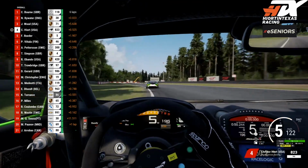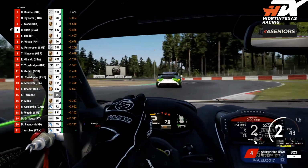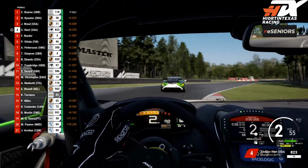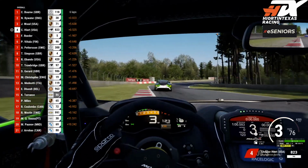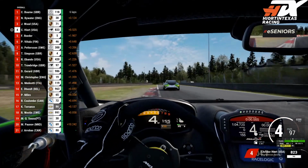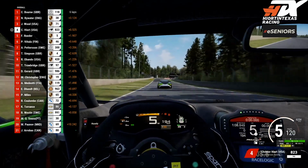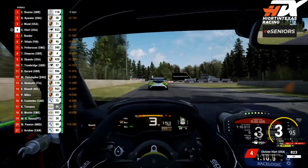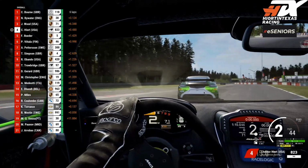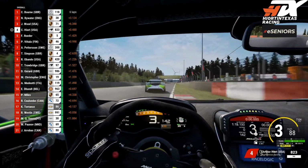Brake marker again here. At this track I'm actually using where I see the tarmac is getting black. That's kind of my braking point. I found that a little bit easier to use than just looking at some signs and stuff like that. So right here when it gets dark on the tarmac, that's where I'm braking. So here I managed to come up to Mr. Wood again here, getting a little bit closer,